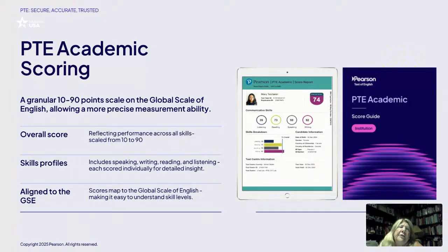You can also map it to the Common European Framework. The schools will tell you what scores they accept. It's not an average; it is individually scored, so you get your own score, but they do have reading, writing, listening, and speaking.